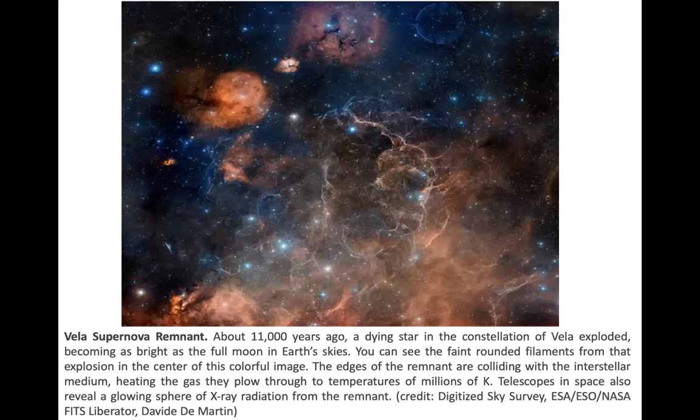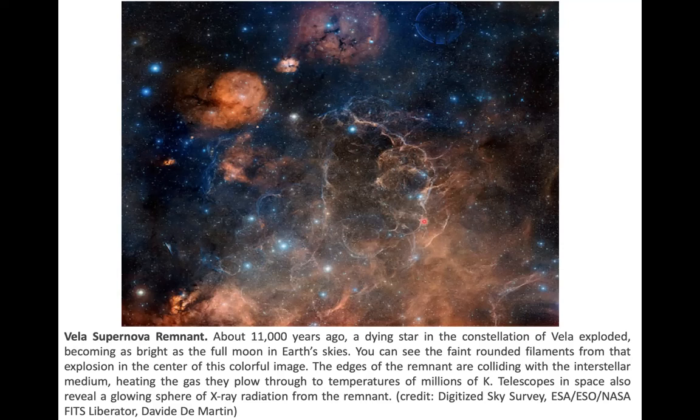This is called the Vela supernova remnant. A supernova remnant is what is remaining after a huge supernova explosion. We believe this happened about 11,000 years ago. This was a dying star in the constellation of Vela, and it exploded and became as bright as the full moon in Earth's skies. So this happened around 11,000 years ago, but you can see this faint round filament kind of structure